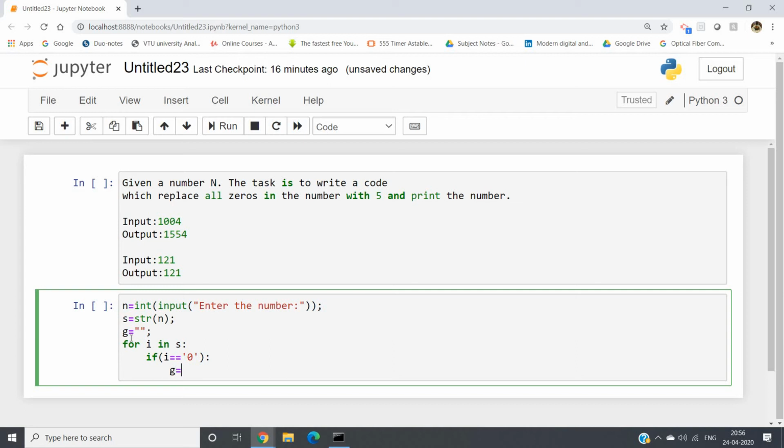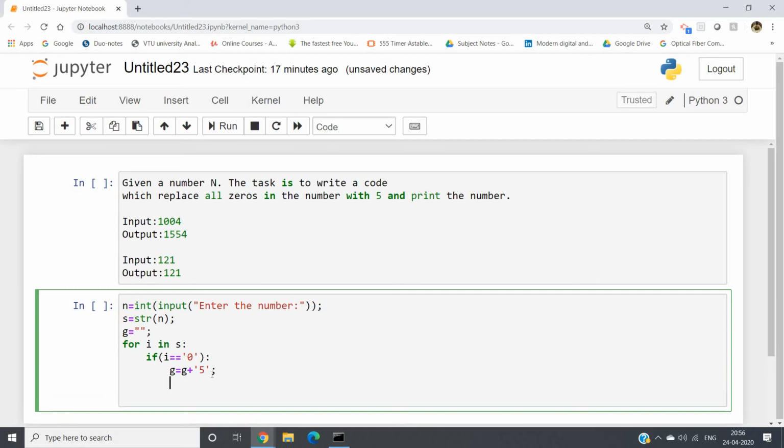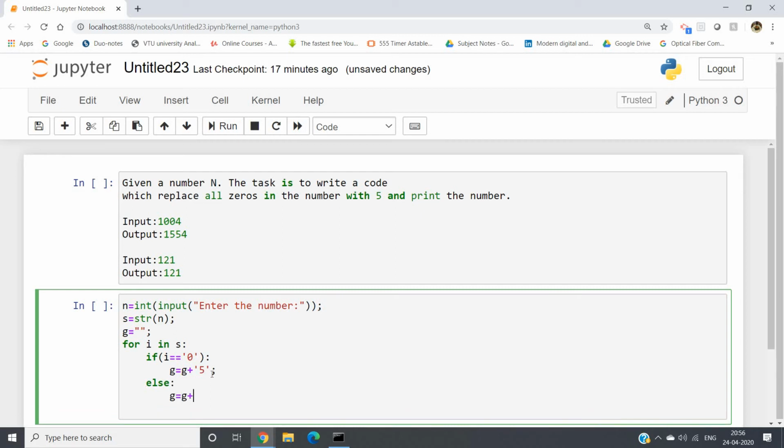So g equal to g plus 5, and 5 also in string format. Don't forget to give the quotation. Else, if it is not, simply g equal to g plus i. That character is directly added.